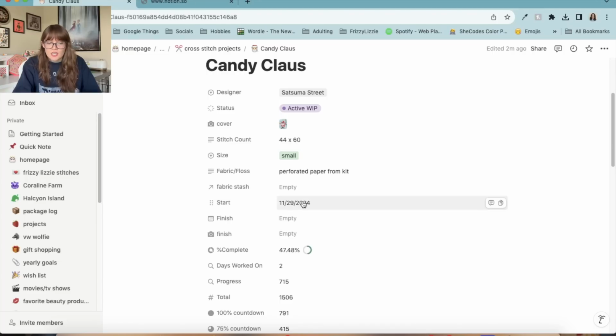Start date, finish date. Whenever I'm finished with this project, I will add a photo for the finish. I've got percent complete, which is pulling from my stitching tracker. Days worked on is also pulling from my stitching tracker, as is the progress, which is the number of stitches I have stitched so far. The total number is a number that I enter in based on the chart that I have created this page